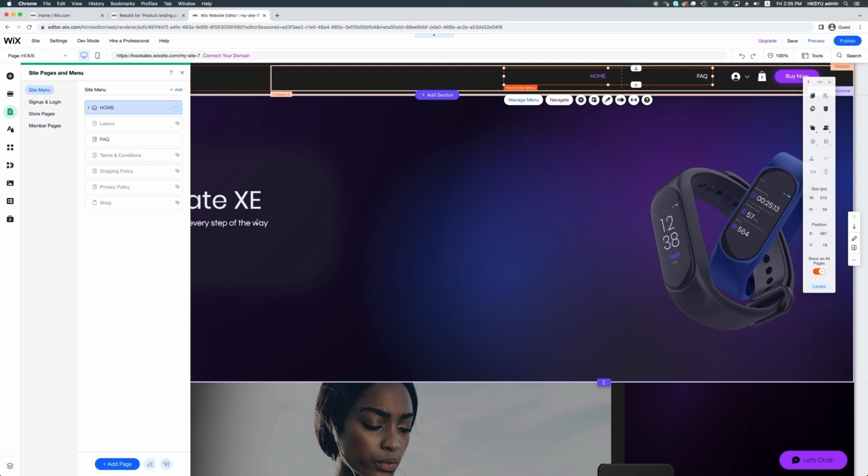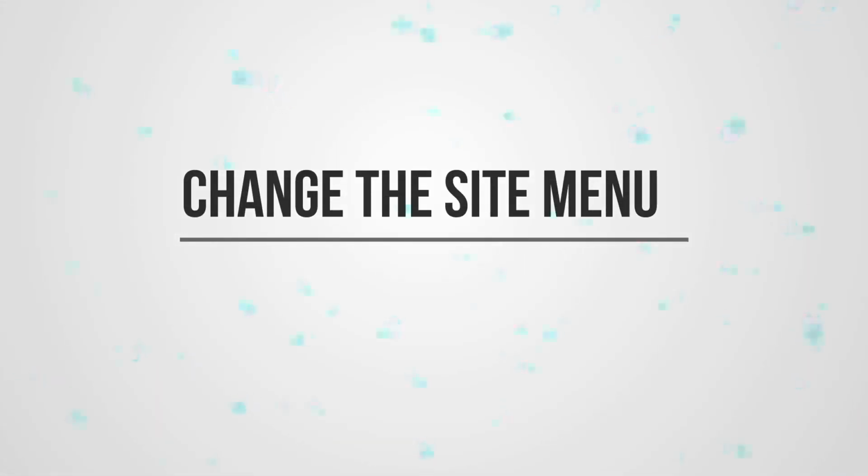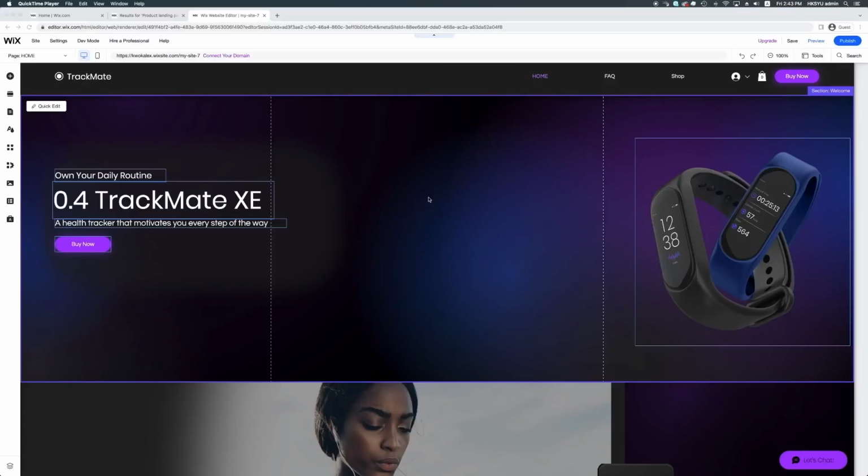Because this site is for a store, we can see that our store is hidden. Thus, we must unhide it by clicking the Show button. Now, we will take a look at the layout of our menu. When we click Layout,